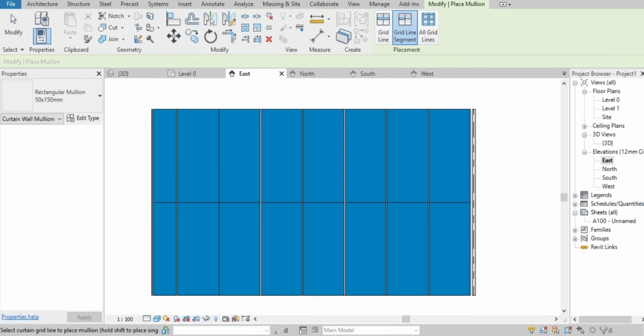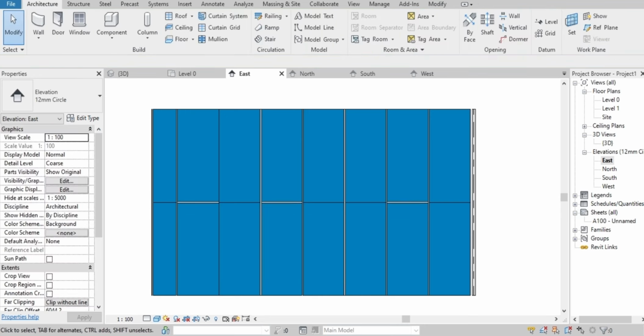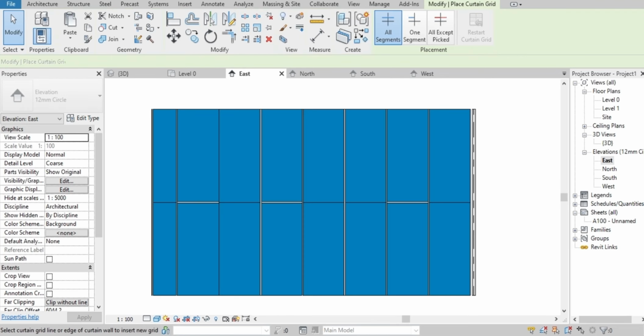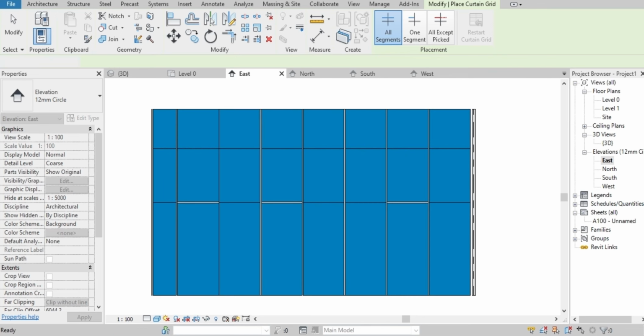Now add mullions with the grid line segment, which will allow you to place them only for that particular segment. Let's try with this. There are 3 grid options available here. All segment, 1 segment,